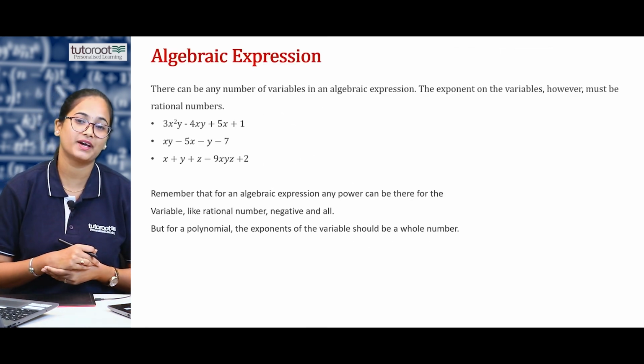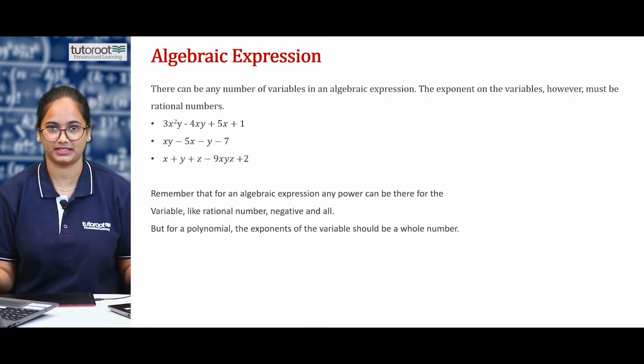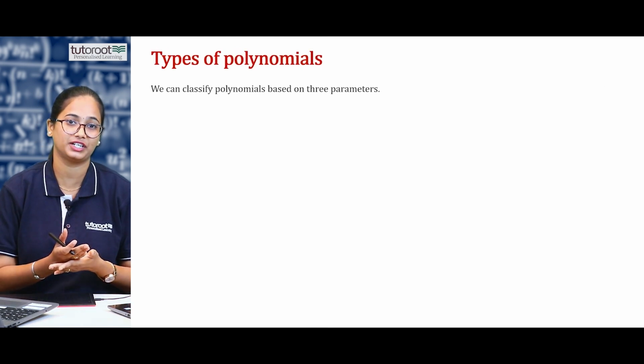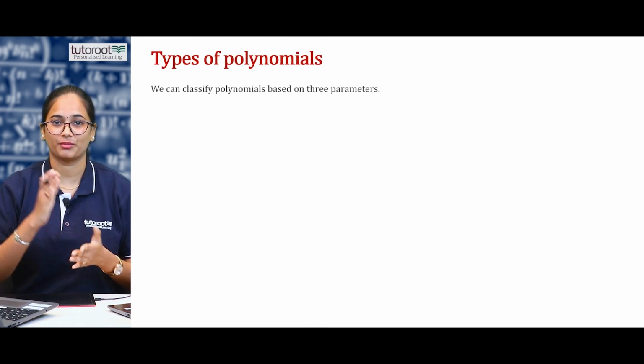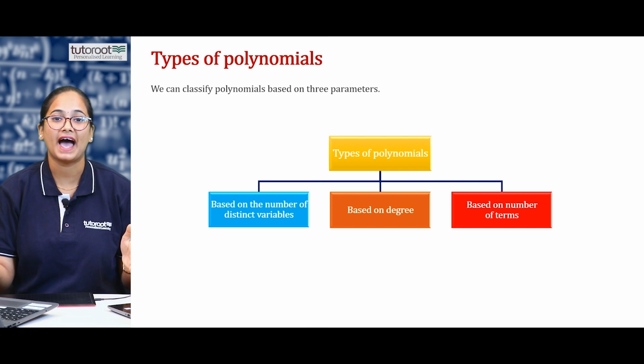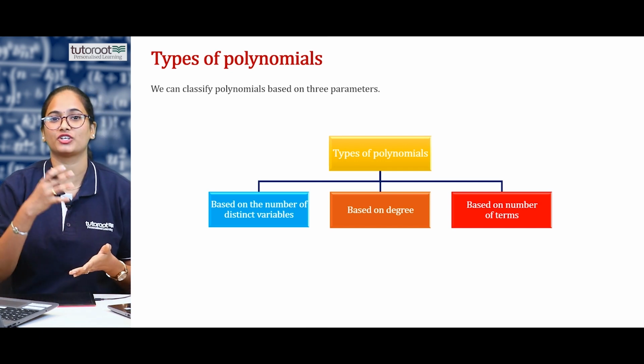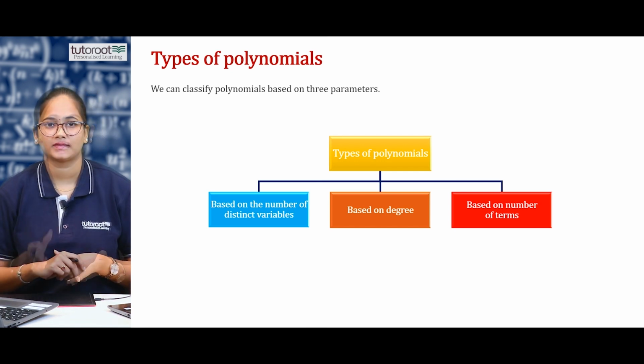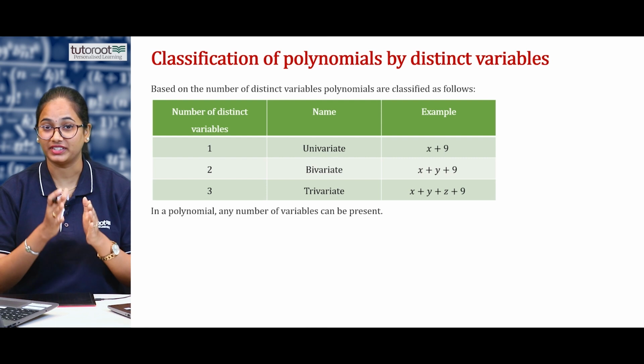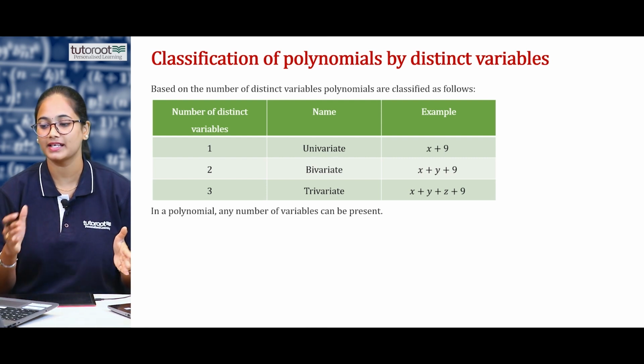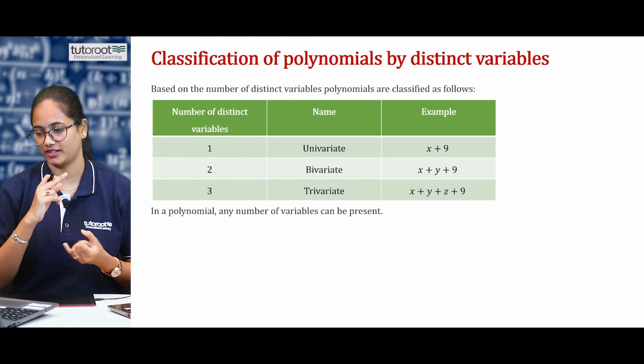Now let us classify polynomials based on 3 parameters. So types of polynomials are classified into 3 parameters: based on the number of distinct variables, based on degree, and based on number of terms. Okay. Now coming to the classification based on the number of distinct variables,